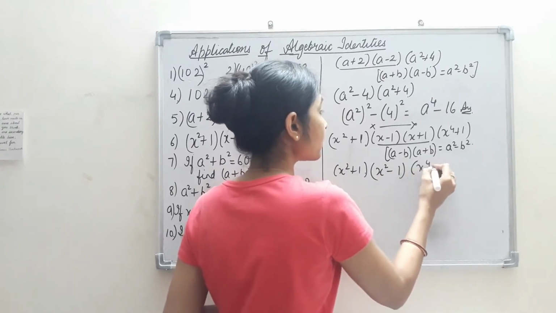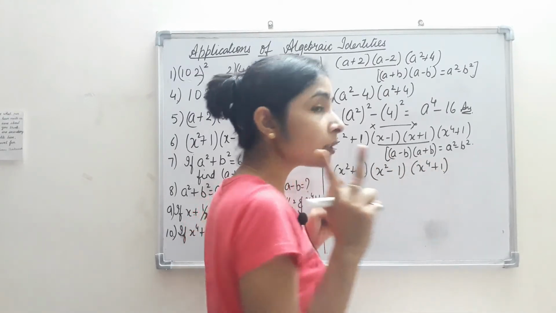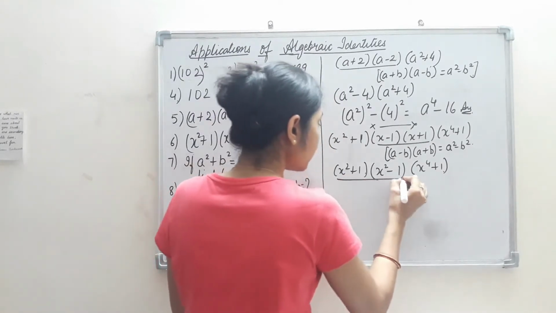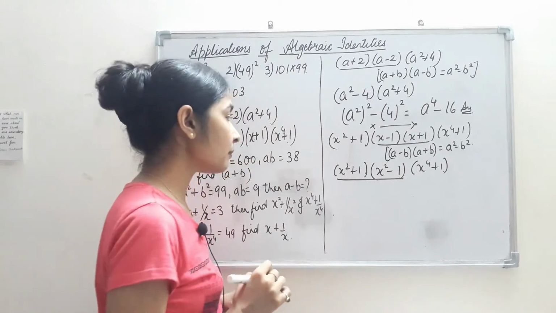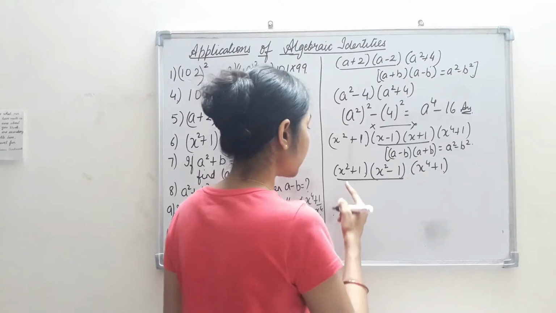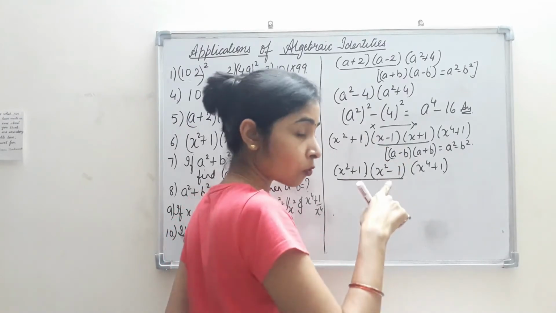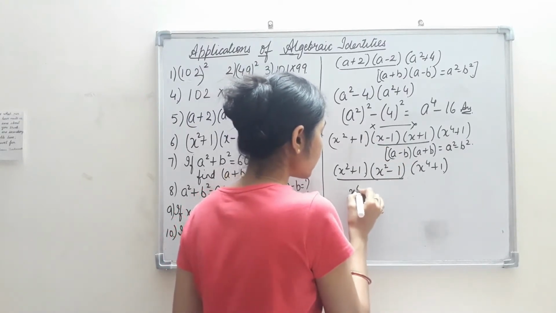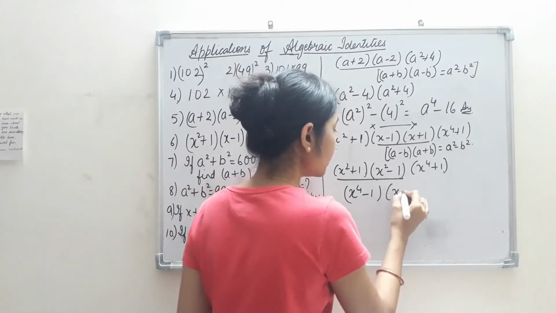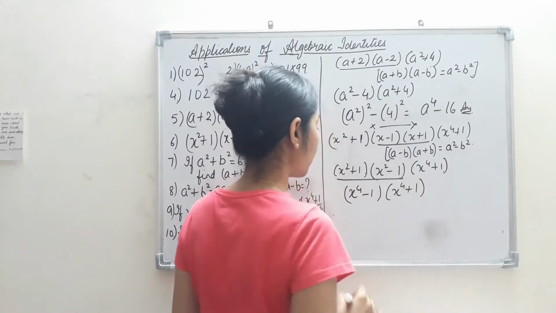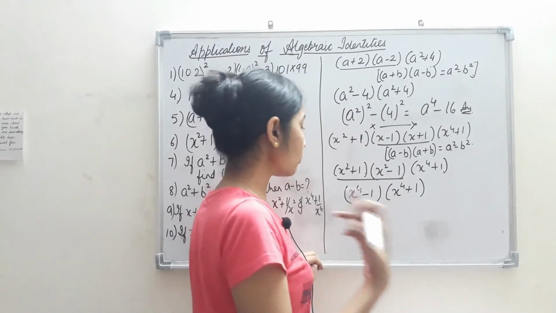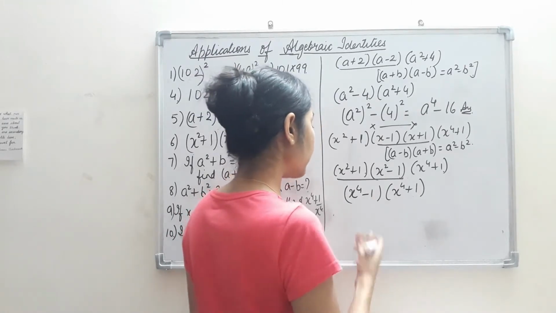Now we are having these 3 terms to multiply. Again we can multiply only 2 terms at a time. So now if we see here, again this is in the form of a plus b into a minus b. So we multiply these 2 terms here. So what do we get here? x square whole square, so that is equal to x raised to the power 4 minus 1. Now these 2 terms are only left to multiply. So again it is in the same form, a plus b into a minus b. So now we multiply it, then what do we get?